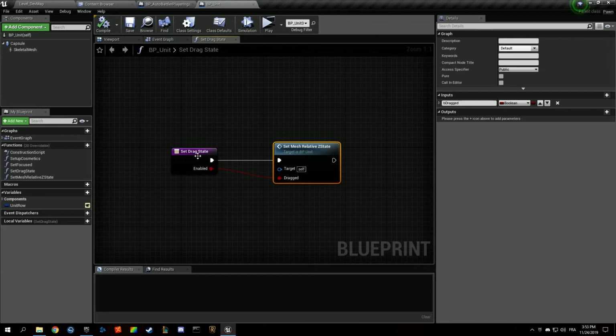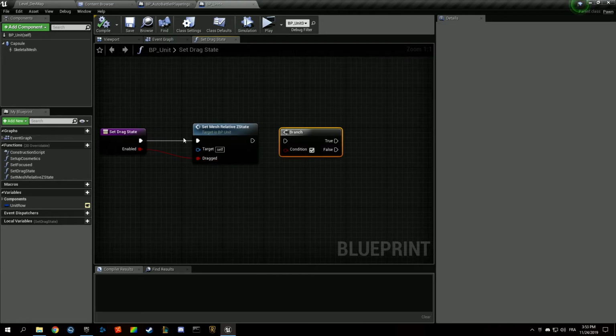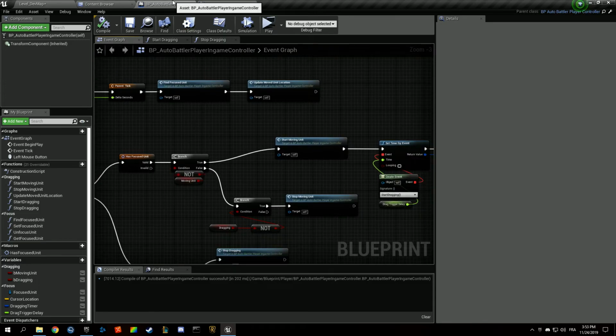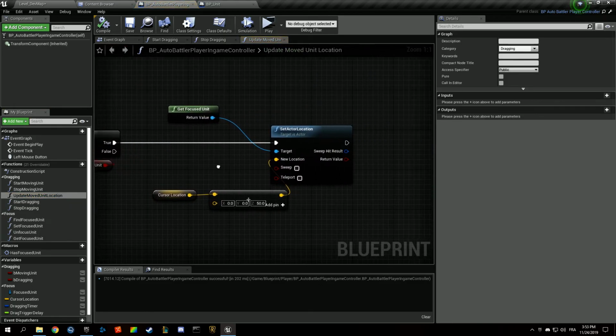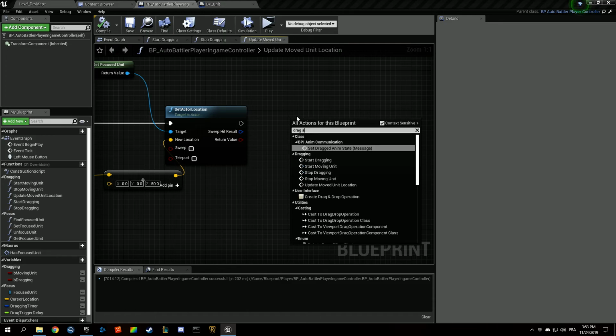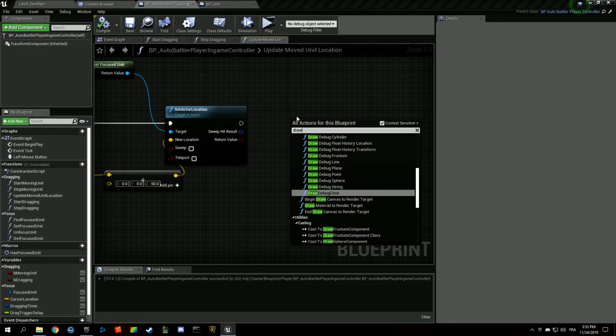When we are starting to drag the units, no, we don't want to do that. In the auto battle player in-game controller, in the update moved unit location, we're going to draw an arrow, draw arrow